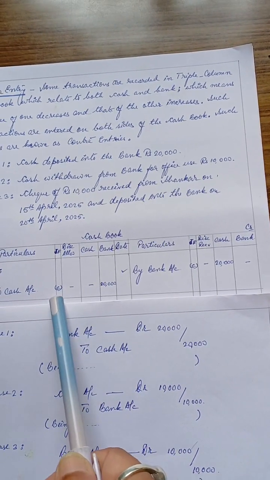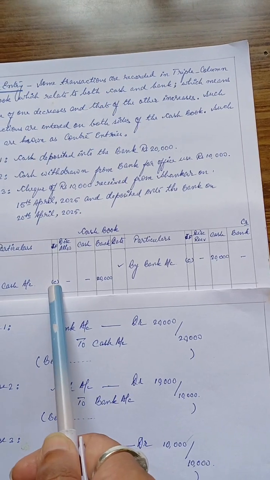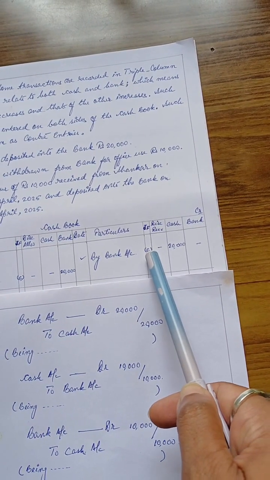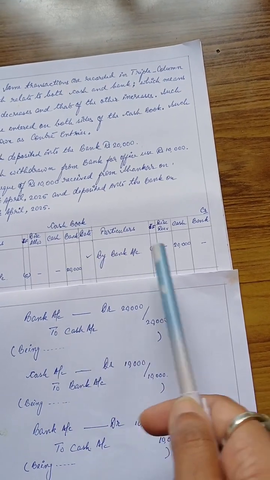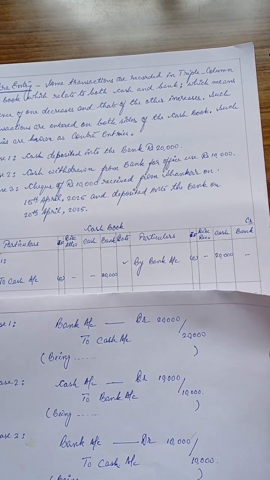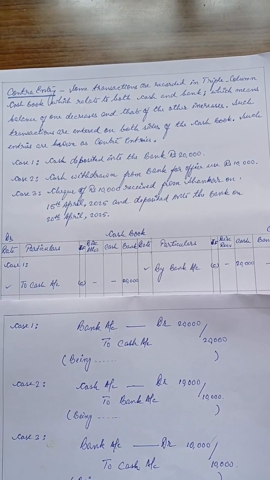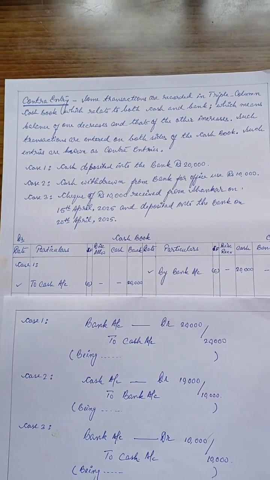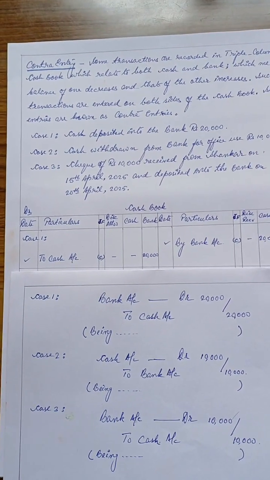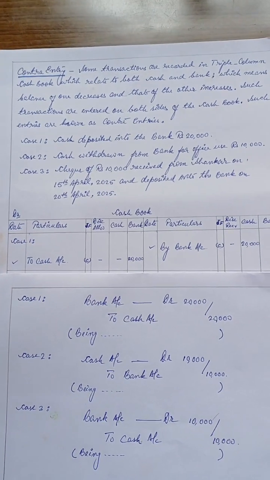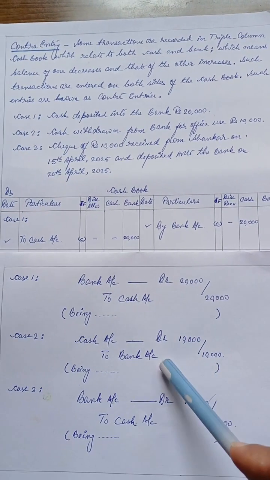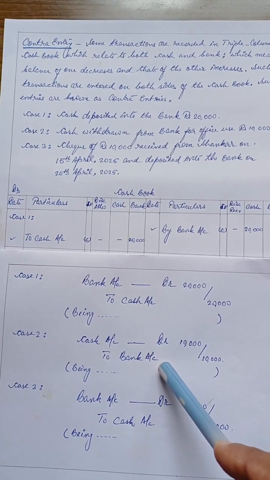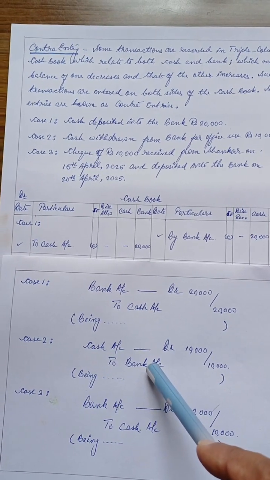Remember to write a C within a bracket in the journal folio and here also again on the journal folio. Both sides you have to pass this C to give a clear understanding that those are the contra entries. Case number 2 says cash withdrawn from bank for office use rupees 10,000, which means the entry becomes cash account debit to bank account,